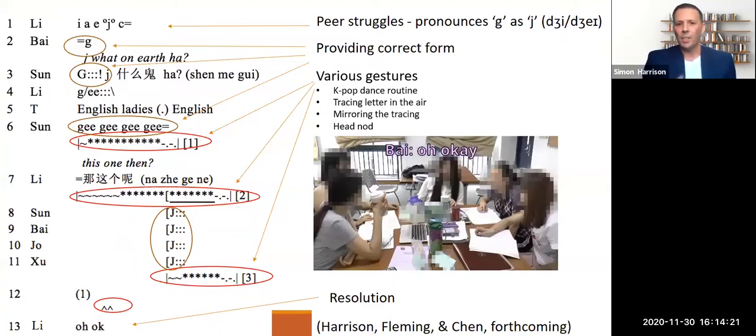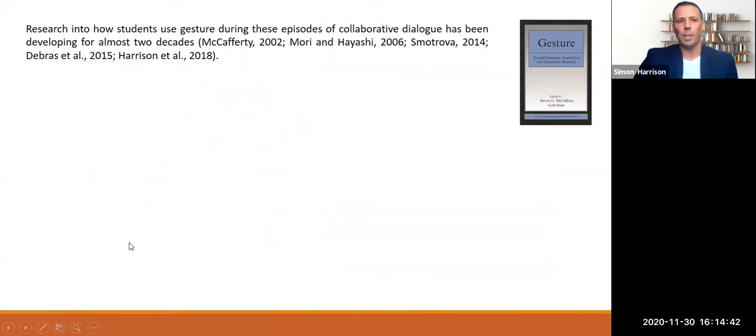Okay, so those gestures that you saw there, like actions where the bodies are moving that represent the sounds, that's actually a K-pop dance that she's reproducing there. We've analyzed that in a bit more detail in the paper forthcoming. But tracing the letters in the air, mirroring the tracing, and then the head nod, these have all actually been studied in second language acquisition gesture studies, because there's a lot of research into how students use gesture during these